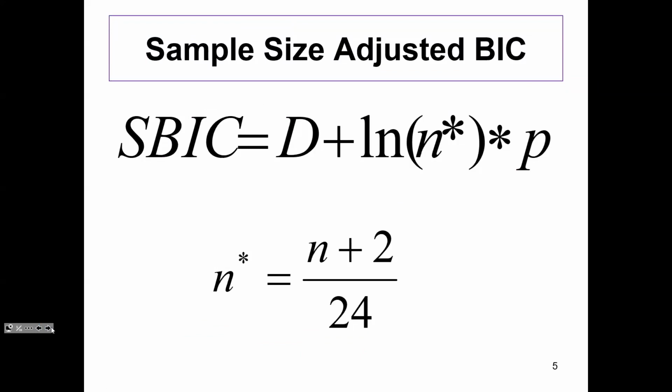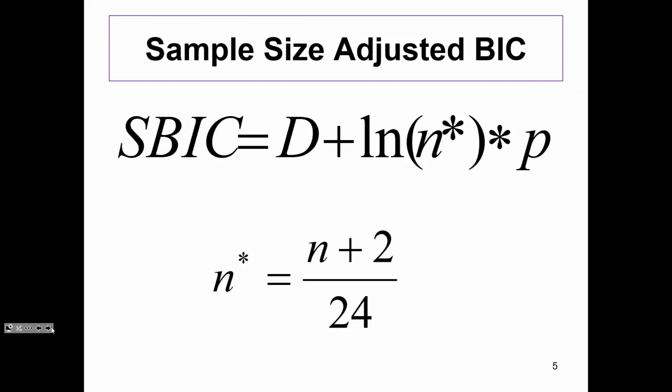Should it be the level 2 n? Should it be the n effective? And then we're going to take whatever that n is, add 2 and divide by 24. So if you look at that formula, you can see that, assuming I'm using the same n, the penalty for the SBIC is not going to be as stringent as